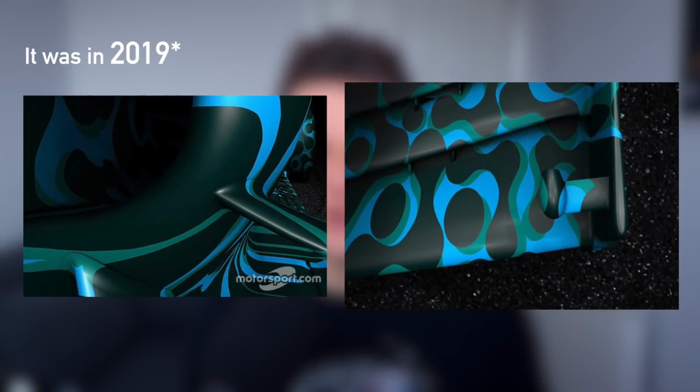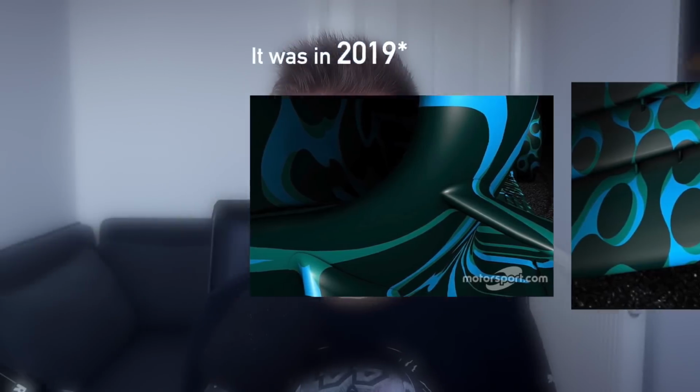Now, when the pictures were first released, because they were released a little bit earlier than the live stream, I straight away just did not like it. Mercedes were teasing this kind of crazy AMG sticker bomb, and I thought potentially they could be joking, because that's what they did last year with this blue camo livery, I remember, and then we never really got to see it. But yeah, when the official pictures first came out, it just did not click with me, and I waited actually